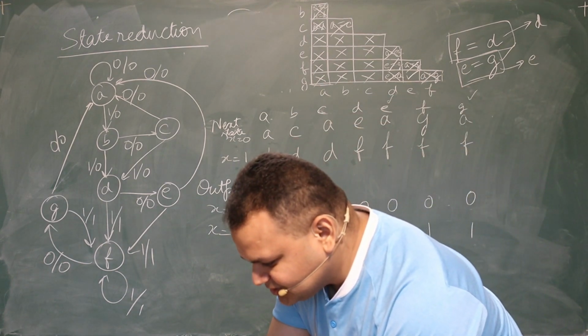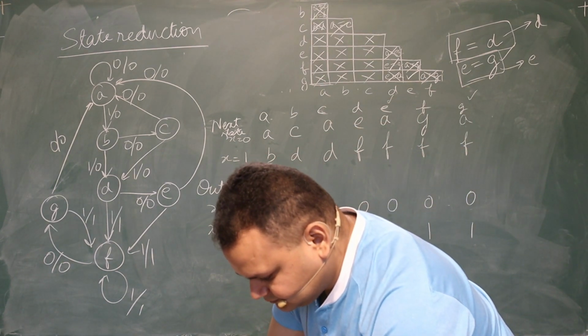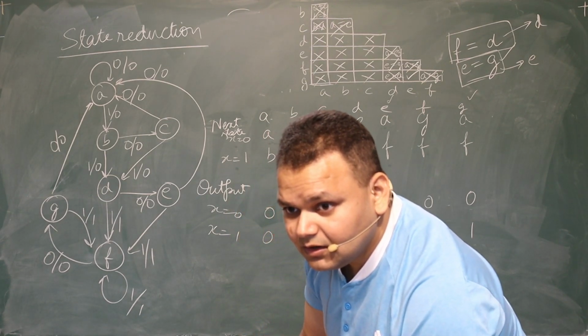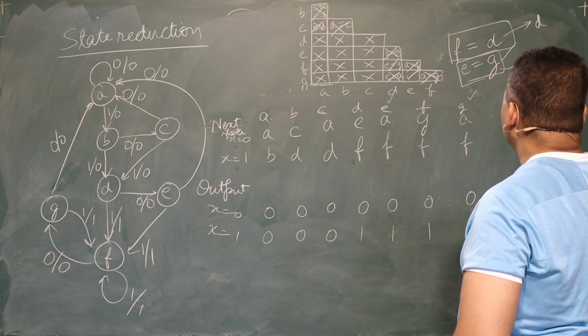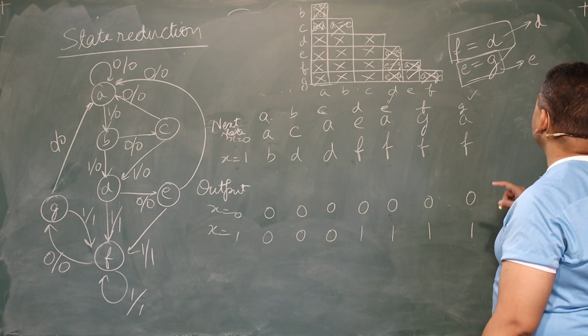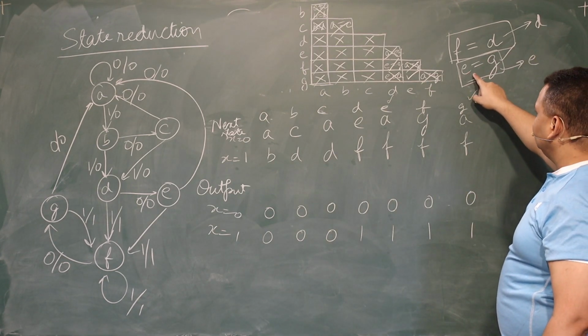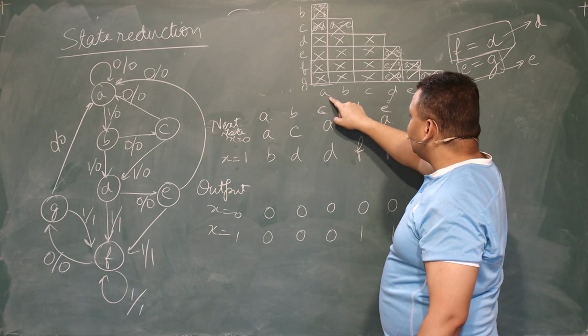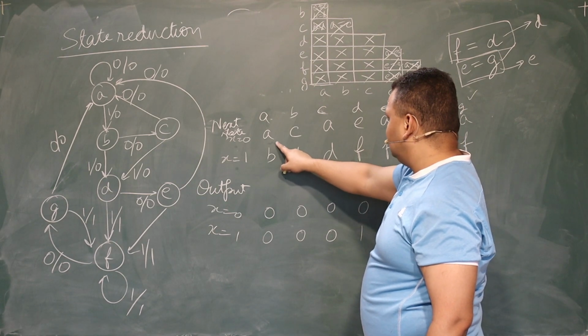So can you repeat how we equated A and C? Like how did we equate A and C, like decide that they are the same? Which case? A and C. Like how did we compare them? A and C, they are not equivalent, no? So how did we compare them?